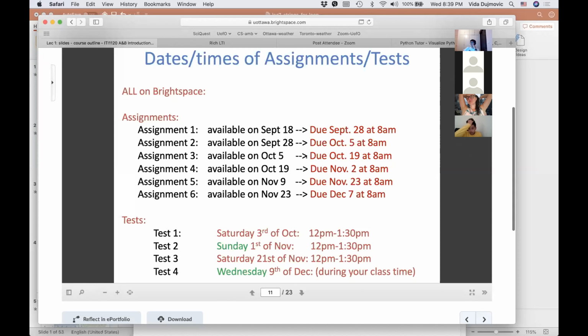Ala. Hello, Professor. I just wanted to know the time frame of the test, which is from noon to 1:30 p.m. Eastern Time Saturday. Does that include the time it's going to take us to save our files and submit them? That's a very good question. I did not decide. That will be written on the top of the test because it depends. When I write a test, I'll see how long it looks. Normally it's 1 hour and 20 minutes. If I deem this a 1 hour 15 minute test, I'll tell you that you have 1 hour 15 minutes to do the test and then 15 minutes to submit.